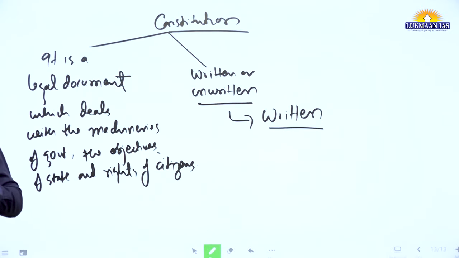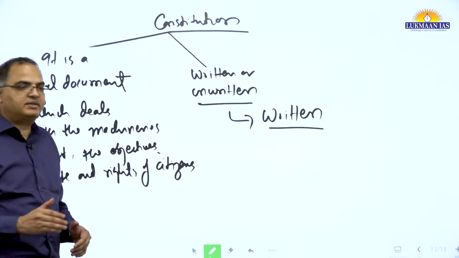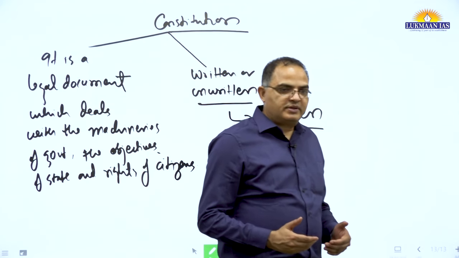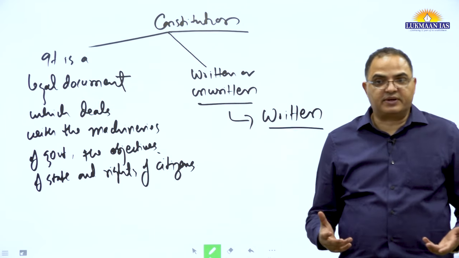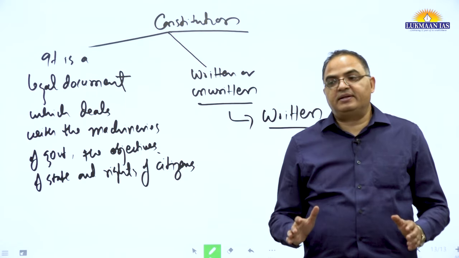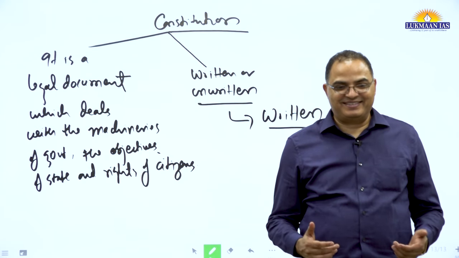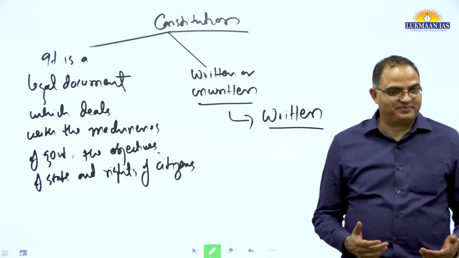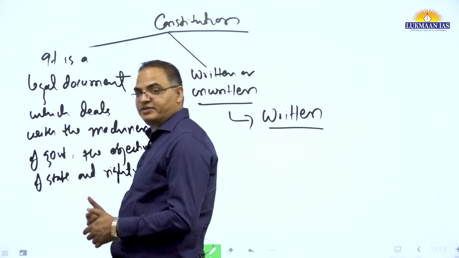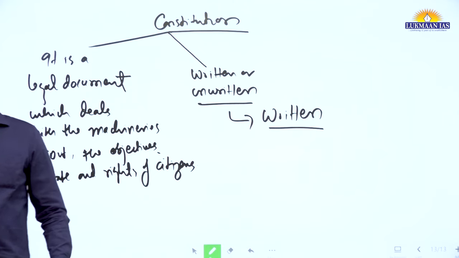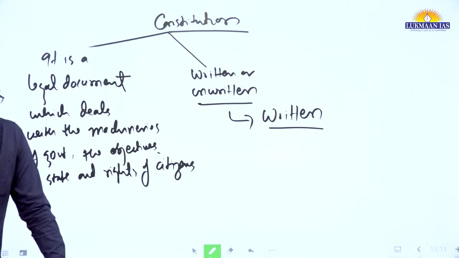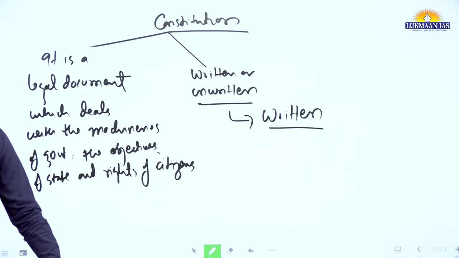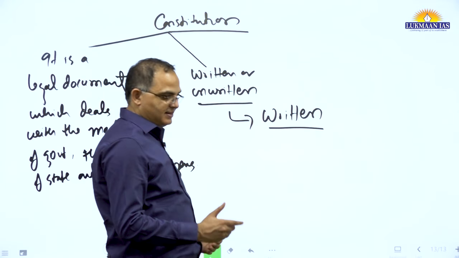Constitution, even if it is a legal document, has a specific connotation. It is not similar to any law. Rather, it is different, because anything can be a law, but anything cannot be a constitution. This constitution is something bigger. A constitution also deals with the polity of a state. But when it is written, it means that there is proper planning, there is deliberation, and then it has been written.